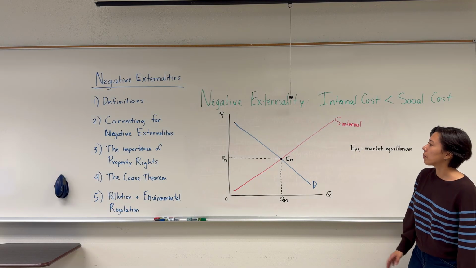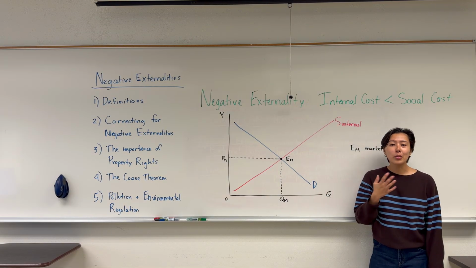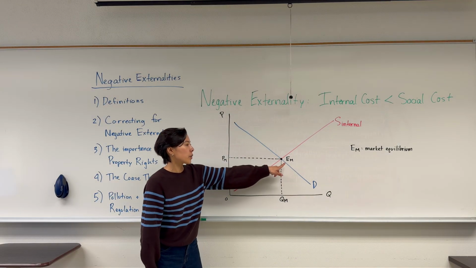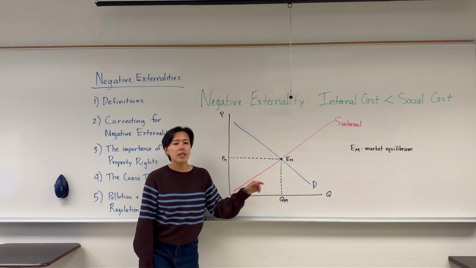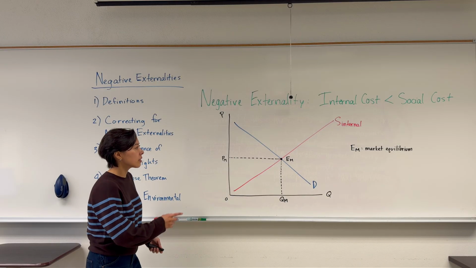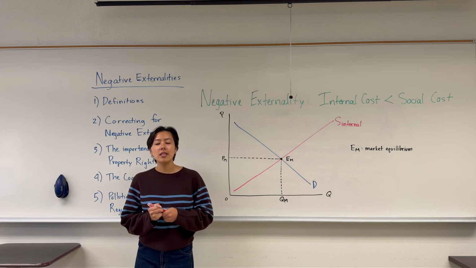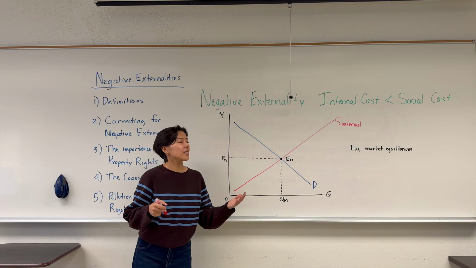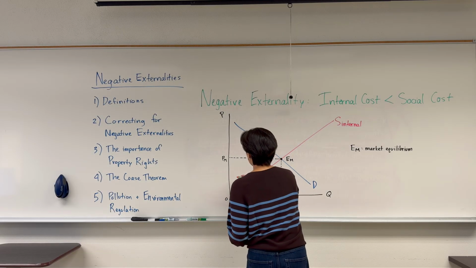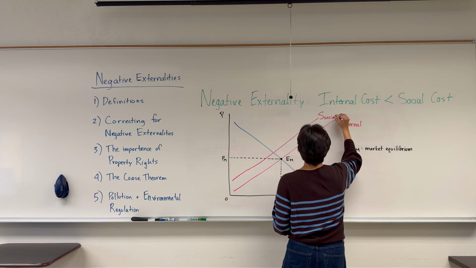So let's use this graph of the market as an example. I am the supplier in this situation, and I am only considering my internal costs. When I do this, the market is going to operate at the market equilibrium EM. We have our equilibrium quantity and our equilibrium price. But the social cost to produce is higher than my internal cost to produce. So if I start to consider the social cost, this increases the cost for me to produce my product, and we know from the supply and demand chapter that increased costs to produce are going to shift my supply curve to the left.